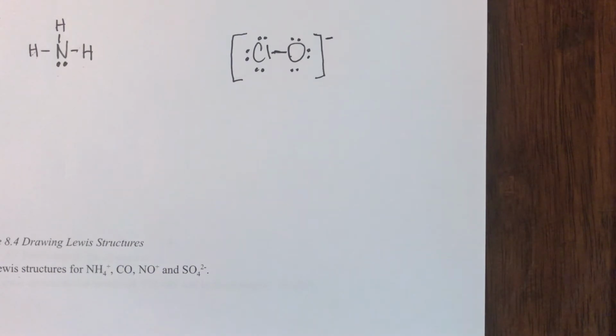Now, because of an old story with Corey Deemer, Casey Deemer's older brother, we have taken to calling those brackets the pants because the ions are embarrassed about their ionic charge and they can't go out without their pants on, so you have to remember the pants. No one calls it the pants except for Central Catholic students, but when they're missing their pants, I will say, oh, what an embarrassed Lewis structure with no pants on. It's more fun when we're in person, but maybe I'll write back to you that your structure was missing pants